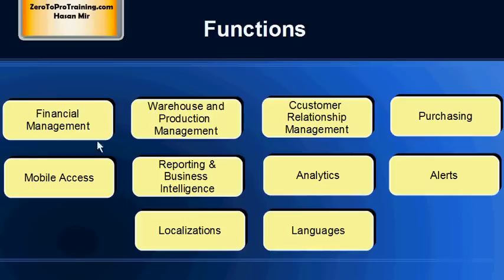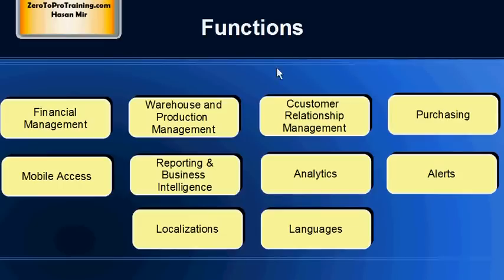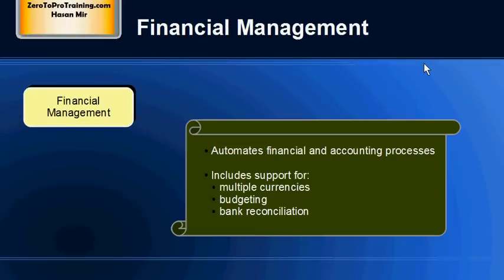It offers financial management, warehouse and production management, customer relationship management, also supplier relationship management, purchasing, mobile access, reporting and business intelligence, analytics, alerts, localizations, and multiple languages. Now let's take a look into some details of these functions. SAP Business One automates financial and accounting processes, and it does offer you support for multiple currencies, budgeting, and bank